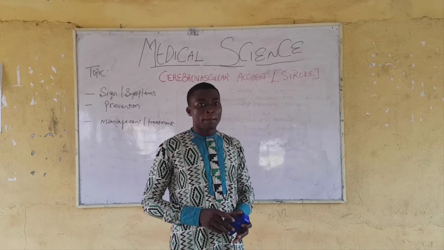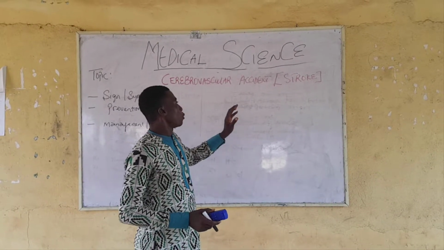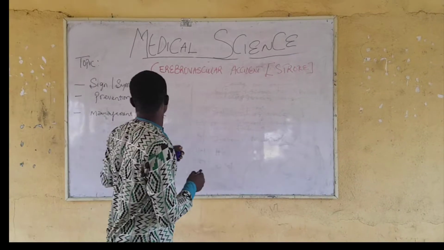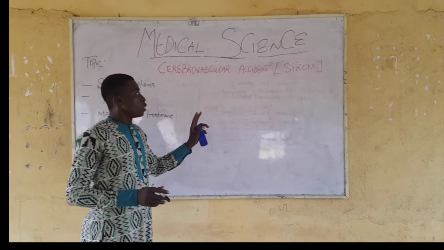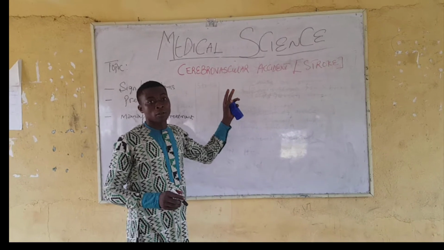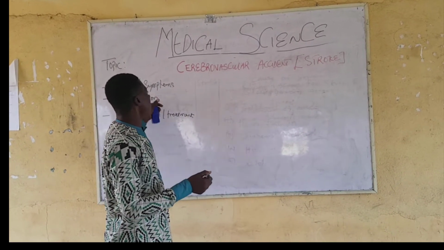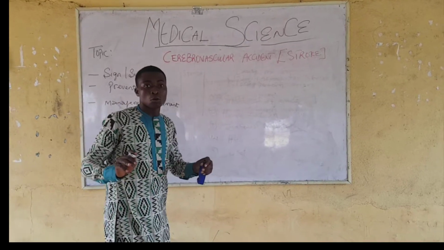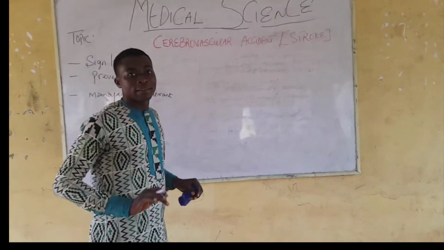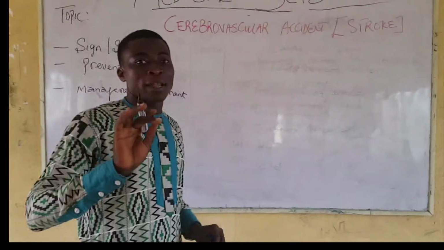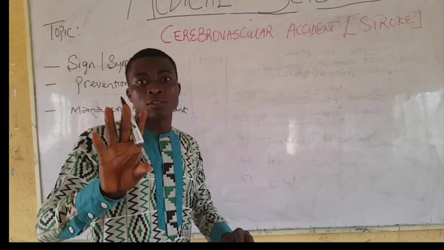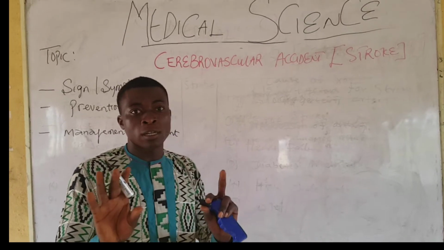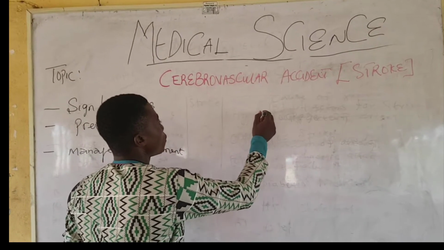Welcome to part 2 of our medical lecture, in which we are still treating stroke. In this part 2 of our online medical lecture, I want to start with the signs and symptoms of stroke. Among the signs and symptoms of stroke, we have what is called warning signs. These warning signs are those things that, when you see them, you suspect stroke automatically. These warning signs are: